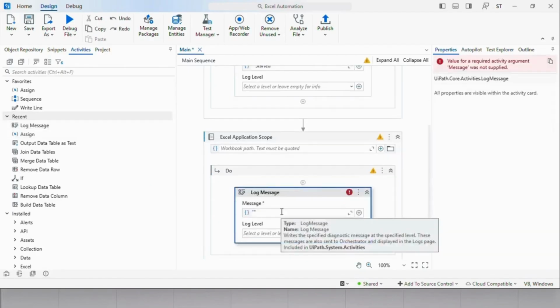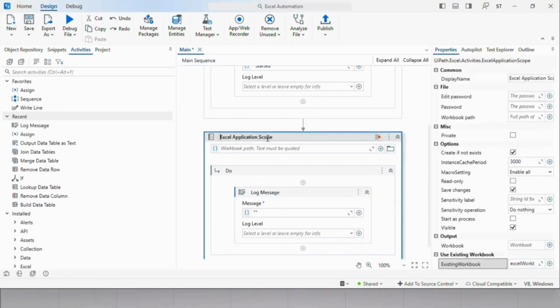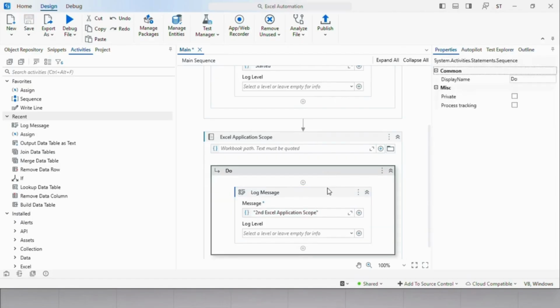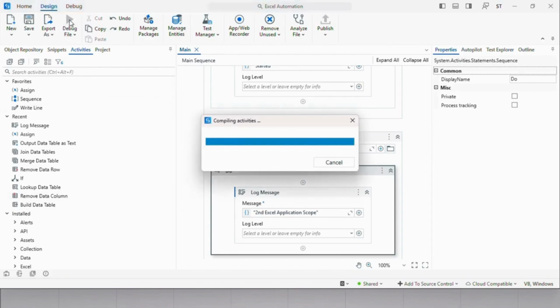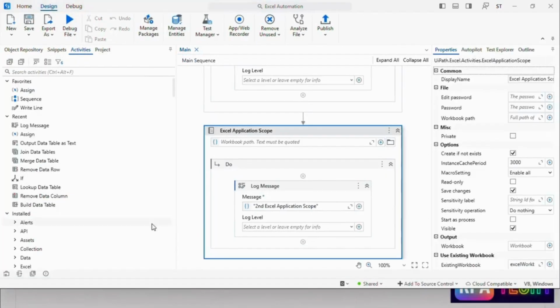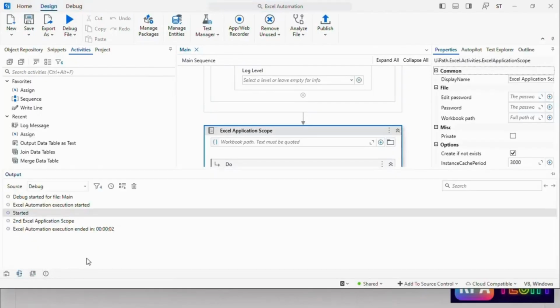Here I am going to mention the log message as, right? So let's run the process and verify the output. In the output panel, we can see the two log messages that we mentioned in the two Excel application scopes,